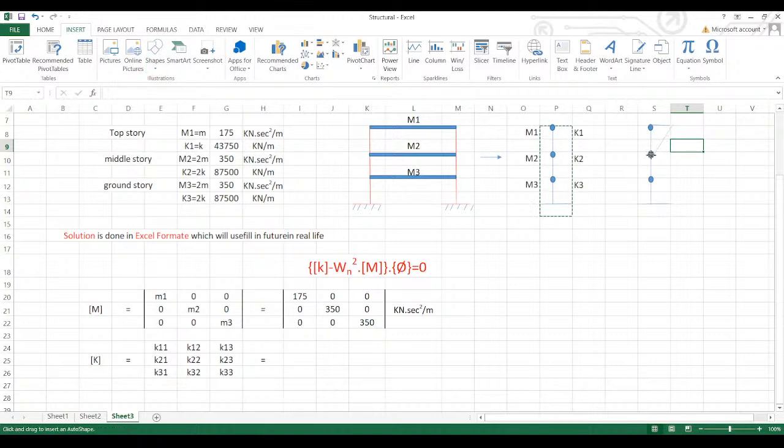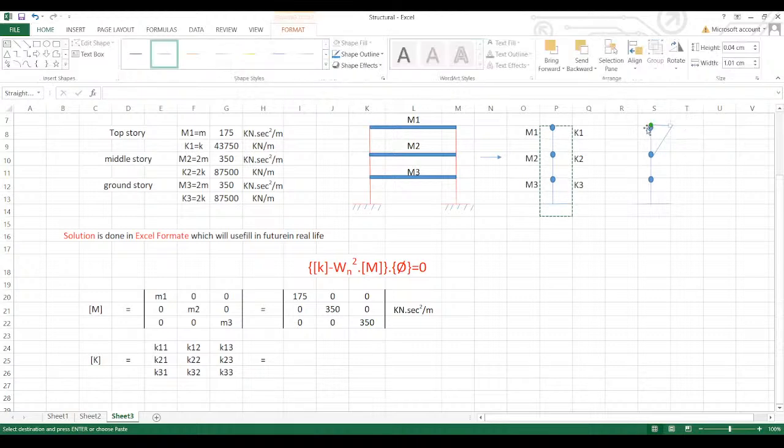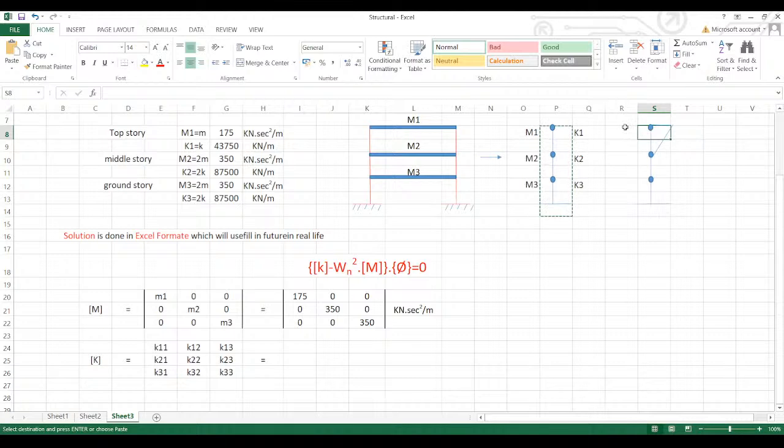This is called K11, meaning the effect at one position of a unit displacement. If there is del, del means the unit displacement, that is 1, a unit force. If you apply the 1, we have to know that